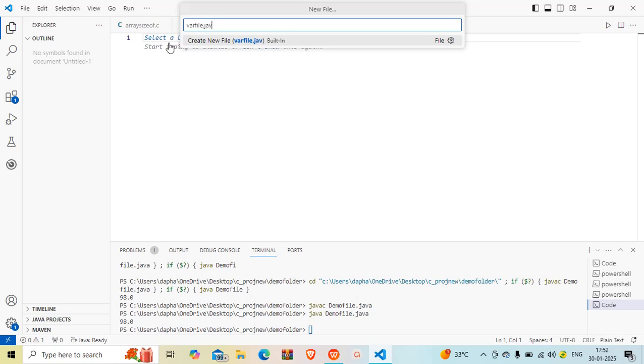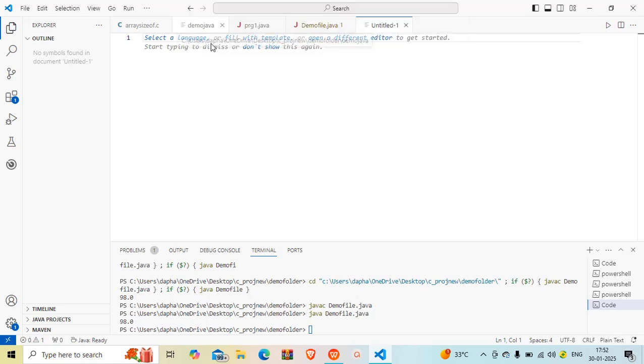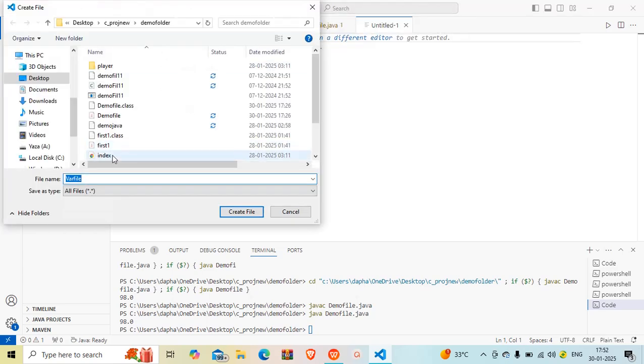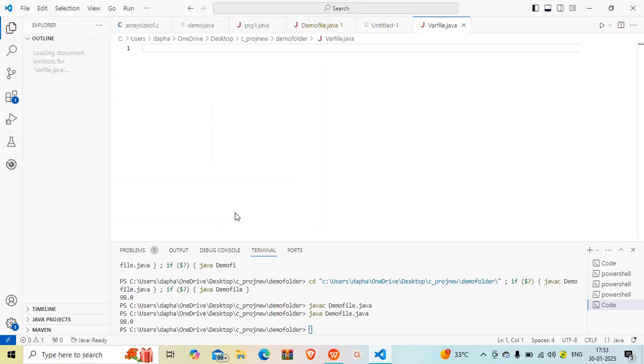Always you have to take .java. In the previous folder where all files are stored, you have to store this also. VarFile.java, it is created.